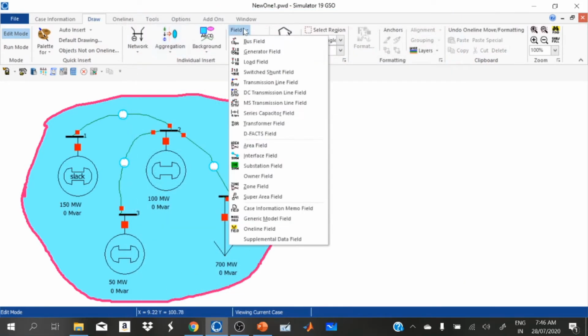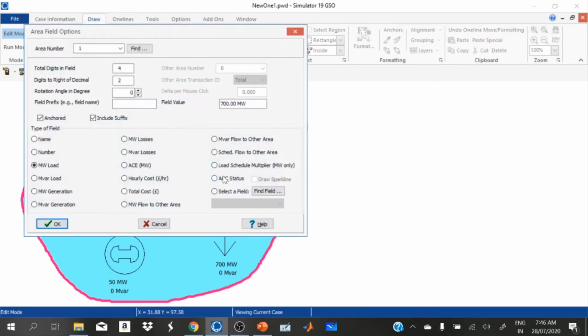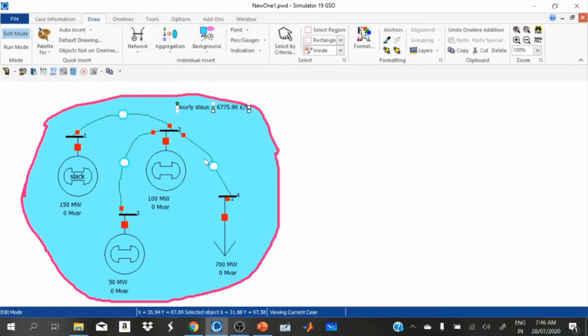And we connect here area fields, hourly status, here it is in dollars per hour, pounds per hour. We assume it is dollars per hour.